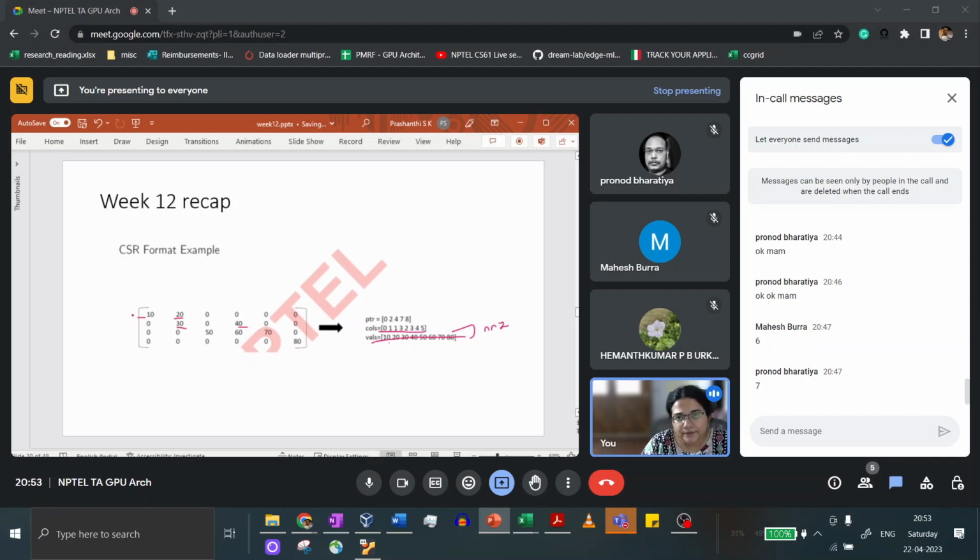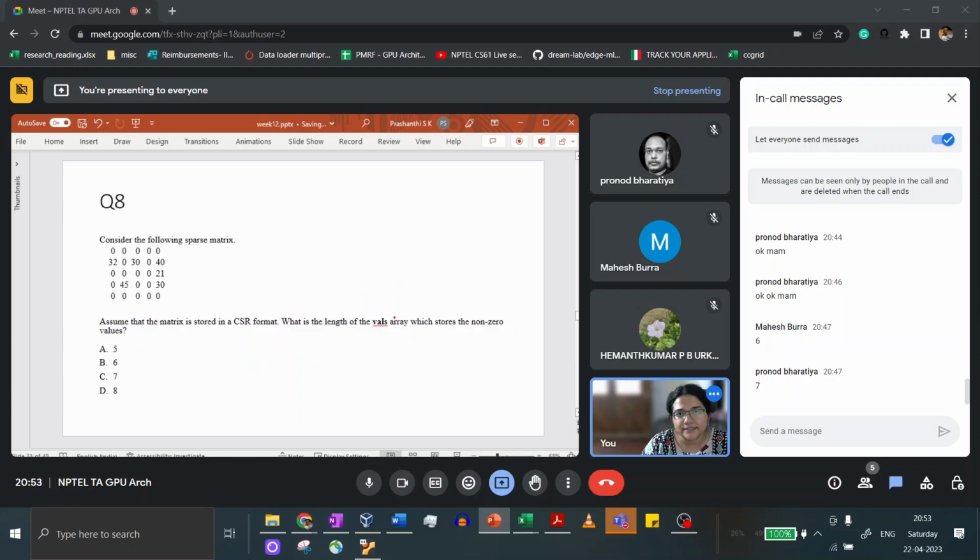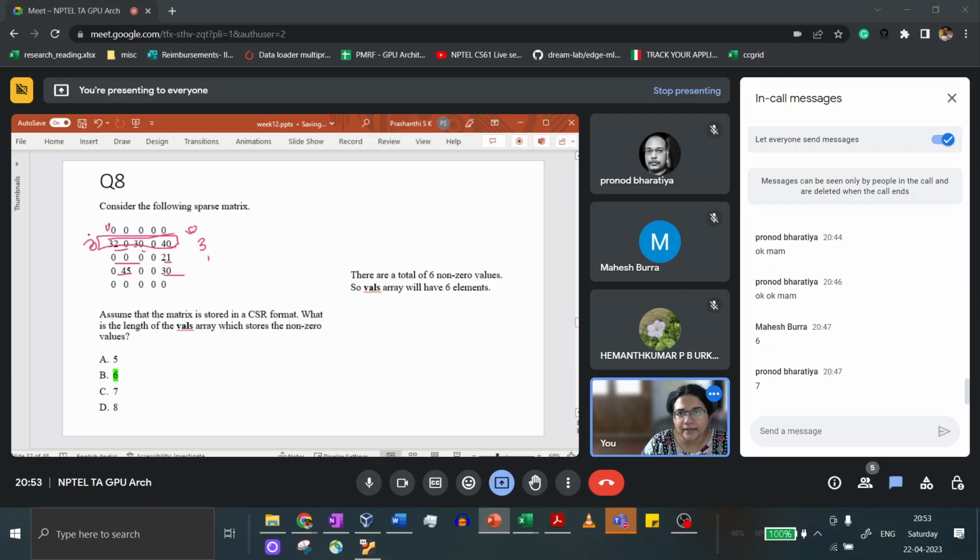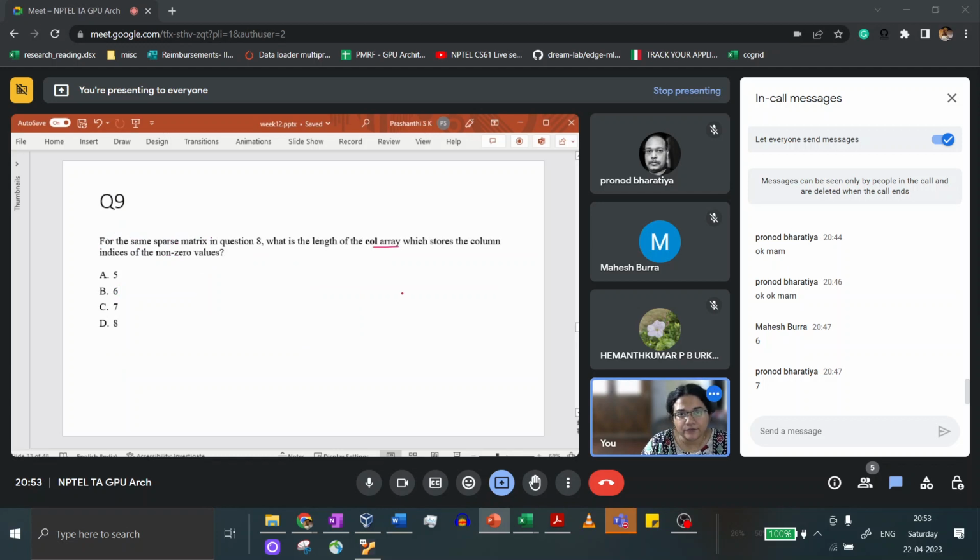You might get confused thinking this is row 0. Row 0 has 2 elements, therefore this should be 2. But remember that it's kind of reflecting for the previous row. So it would always start from 0 and it would be 1 offset. So similarly here, the first one would always be 0, and the second one also in this case is 0, and then it would be 3. So that's why PTR of 2 is 3.